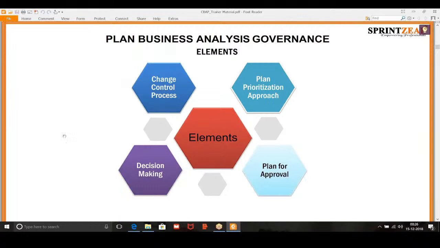So what do we need to know as a concept or an element involved in business analysis governance? So we need to know the change control process. If it is not in place in your organization, maybe you can think of some new control process. You can plan a prioritization approach. Again, it depends on what you want to do. You want to use the MoSCoW technique, or you want to do a ranking technique like 0 to 5 or 1